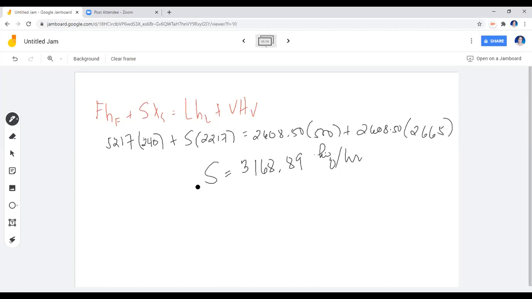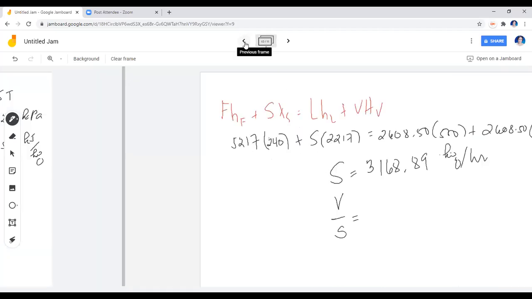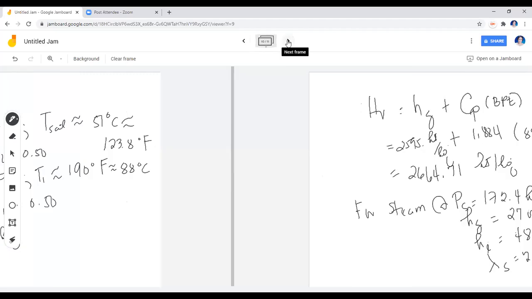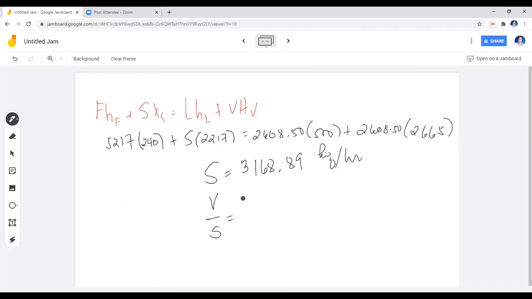If we want the evaporator economy or the steam economy, the final requirement, we need to divide the vapor. Oh, sorry, we know it already. The vapor, which is 2608.5, divided by 3168.89. And this should give you